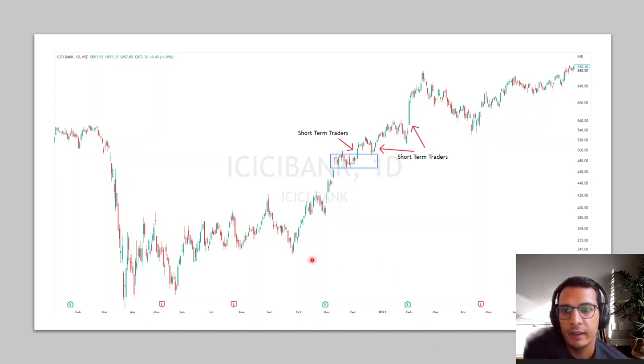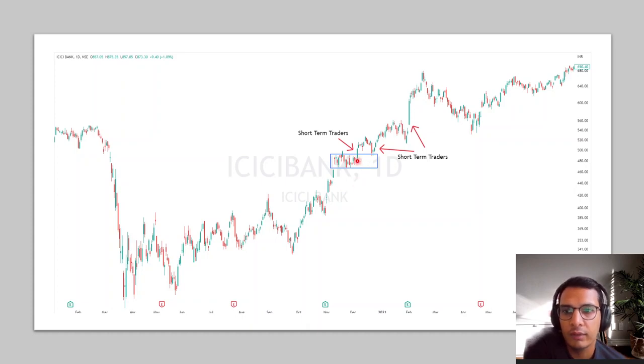Then finally, this was the area that we were looking at. This was value buying, this was medium-term traders participating, and then once we had a confirmed uptrend, a lot of short-term traders would have entered the market. So short-term traders look for a confirmed uptrend or a confirmed downtrend, basically a confirmed trend, and then some kind of basing pattern or a consolidation which was formed here, and then any breakout from that would attract a lot of swing as well as short-term traders who would buy positions for a few days.